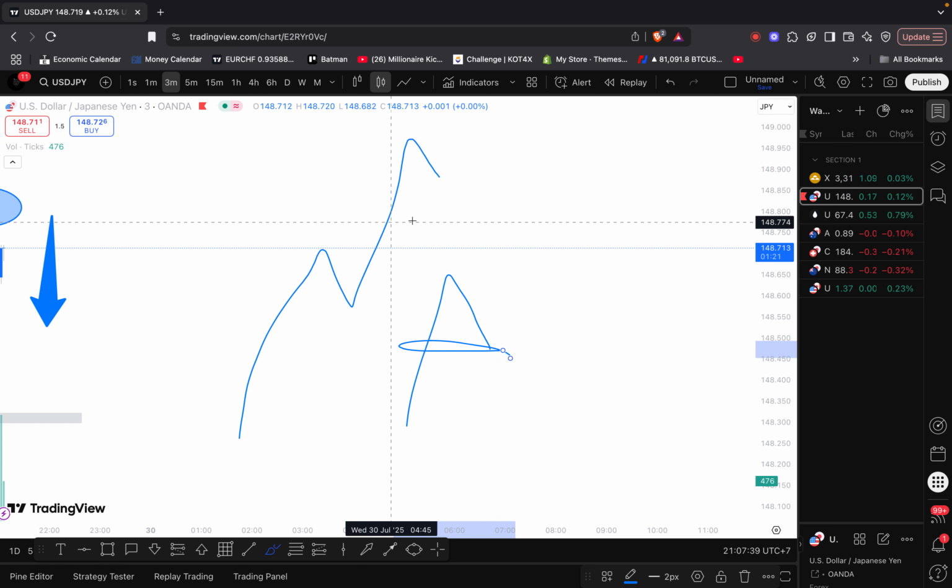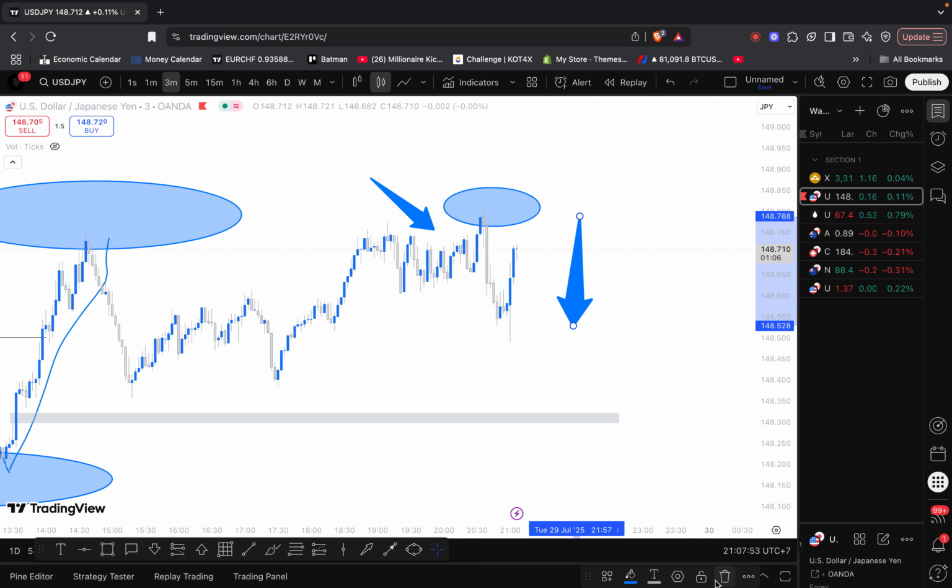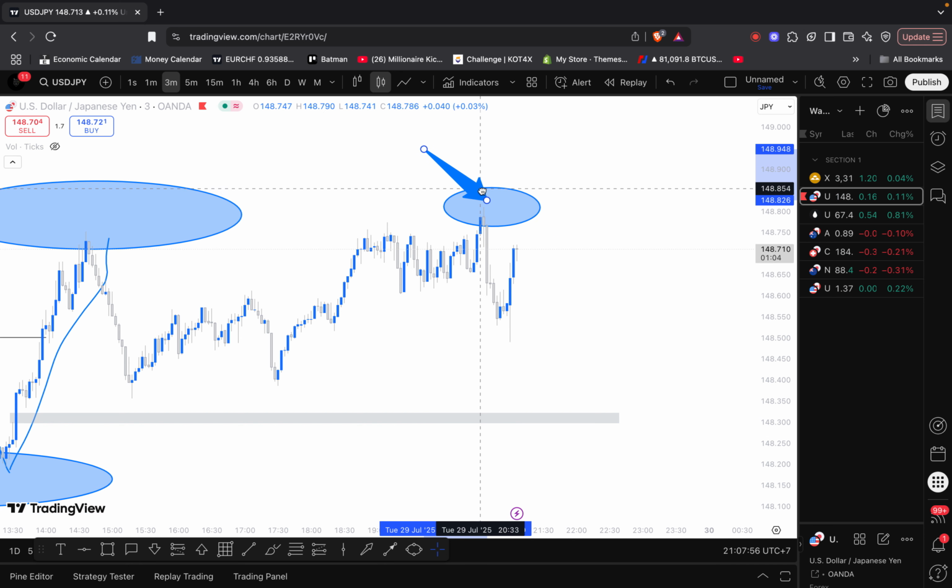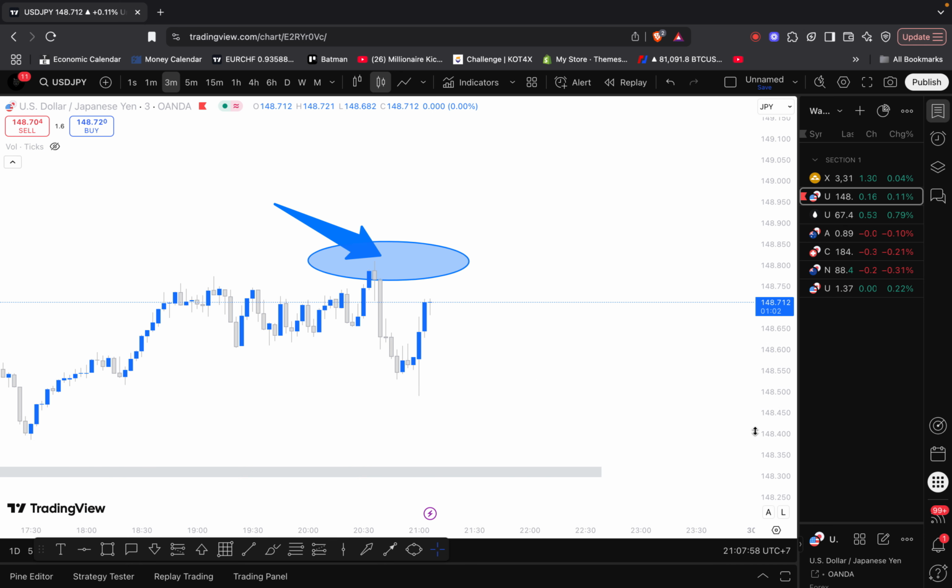So you need to understand market structure so you can identify what it's doing and find the setups that you want to trade. Right now, if UJ breaks this high that I just drew with that blue arrow, I can expect price to show me another demand zone and trade right here. Once that happens, I'll have new market structure. When that happens, I'm gonna delete everything I just drew, and highlight this low here, this high over here,